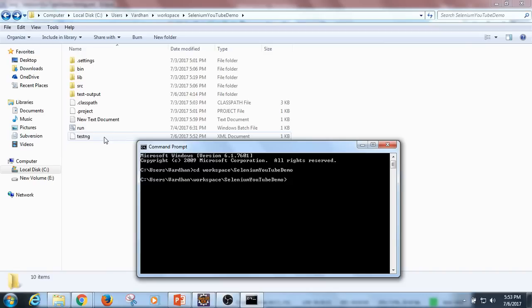And if I want to execute this TestNG file, then I have to give the command java org.testng.TestNG followed by the file name. That is, in my case, it's testng.xml, correct? Now, this is ideally how you execute your XML file, but this will not work because in my Eclipse I have